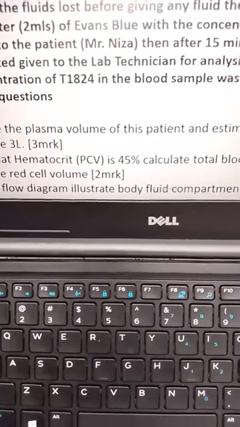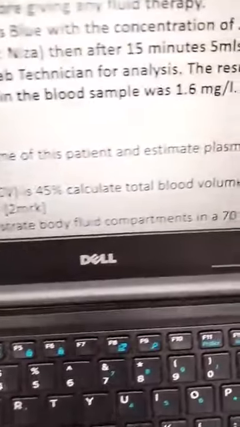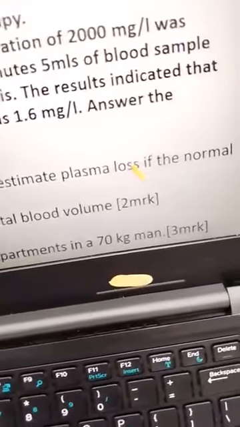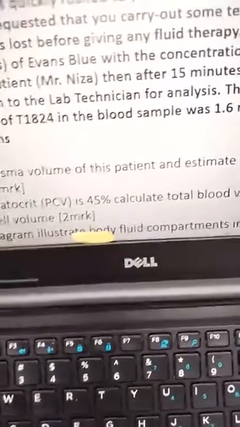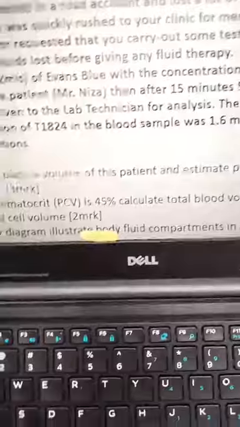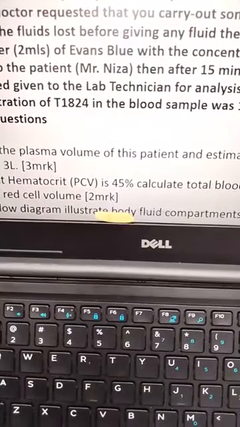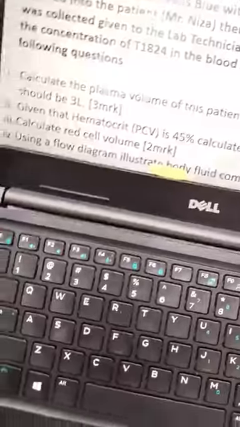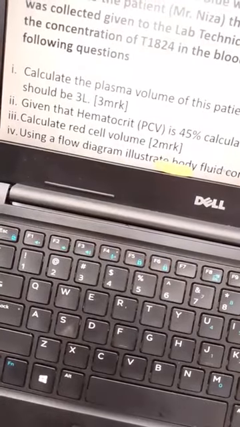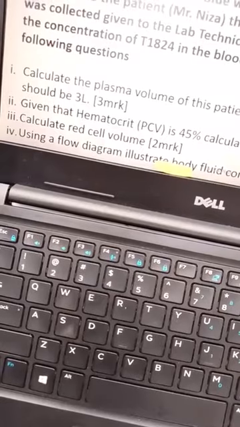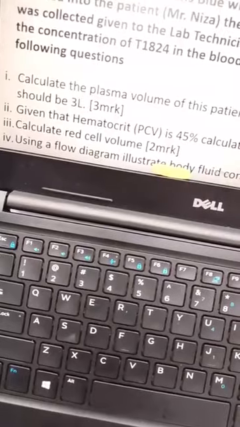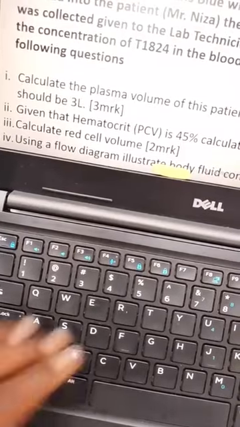So given that you have the hematocrit, which is 45% in this case, calculate the total blood volume. Yeah, you can calculate, because already you have the hematocrit, and you would have calculated the plasma volume there. It's just a matter of plugging in the values into the formula we have. Then from there, calculate the red cell volume, which we also talked about, and you can also calculate it with the formula that was given. Then the other one was